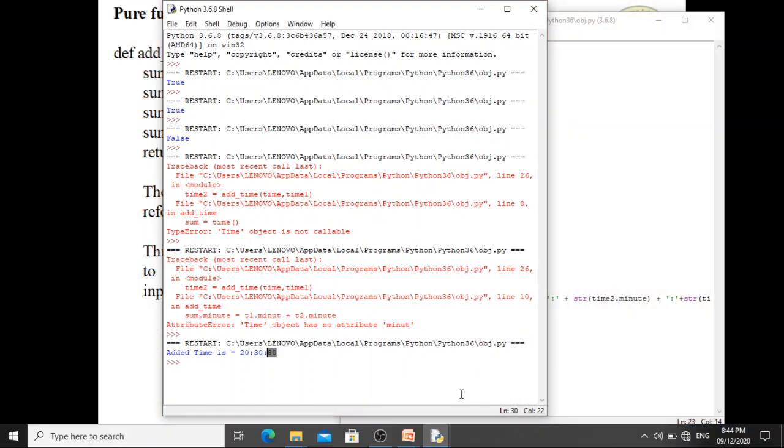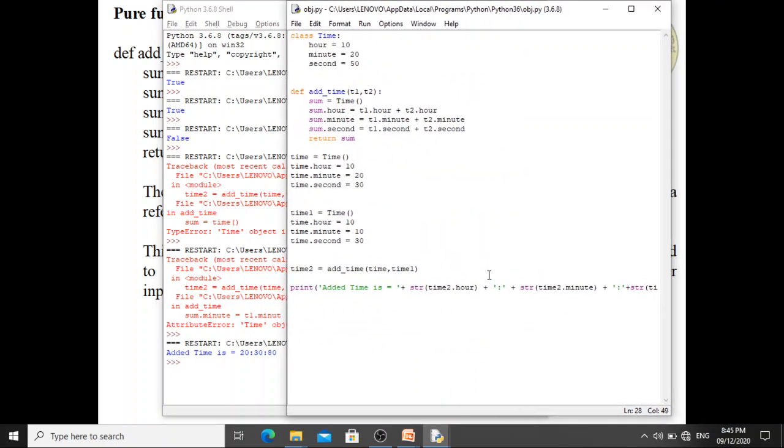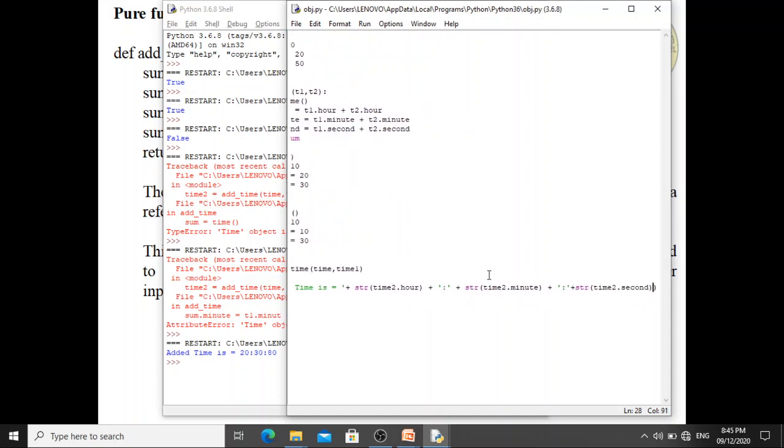Okay, so what is the output that we have got? Is it 20, 30 and 80? Okay, time2.hour, okay, so this is how it adds now.